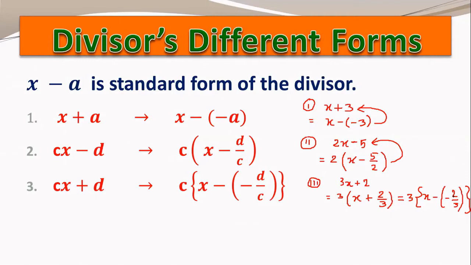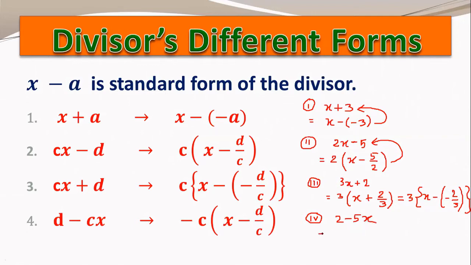Now, let's see one more form, that is d minus cx. In this particular example, we need to understand some things in this d minus cx form also. I would like to give you one example so that it will be more clear. For example, if we have divisor 2 minus 5x, it is not actually a very difficult one. First of all, we'll just rearrange the terms. So when we rearrange the terms, then minus 5x will be at first, and after that plus 2 will be